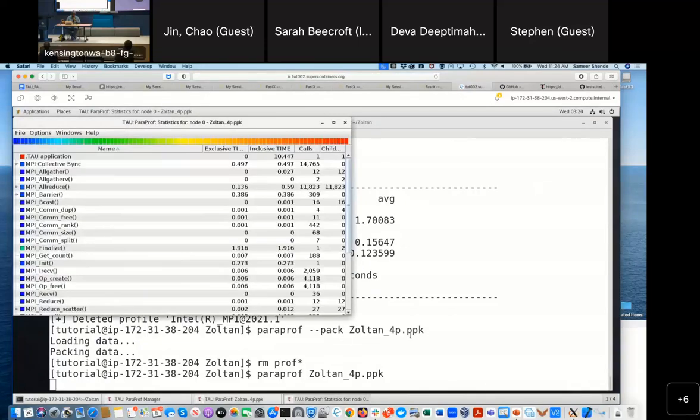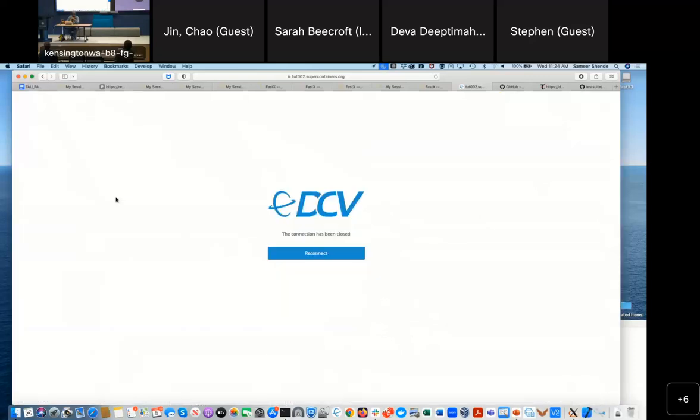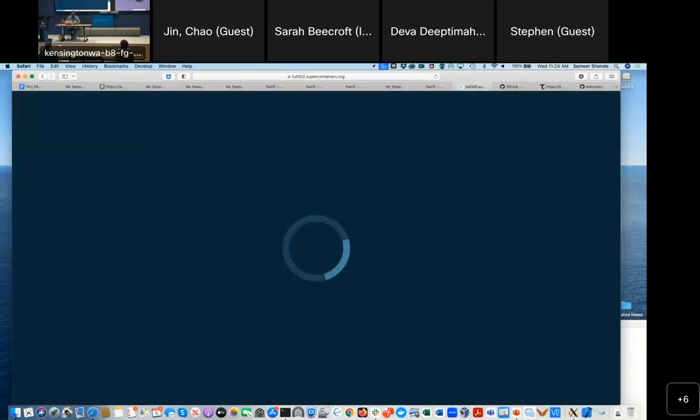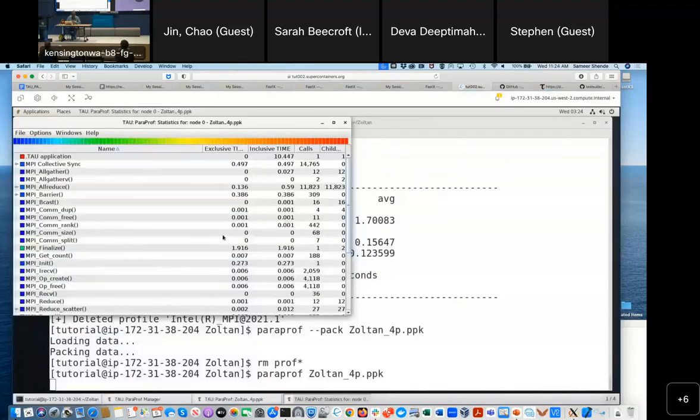The reason I bring up this ppk file is that I will next show a tool that allows us to use these ppk files and upload them to a database and then do cross-experiment analysis with the ppk files. Okay. So here is the ppk file, and